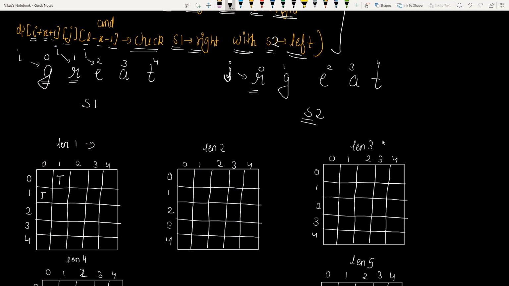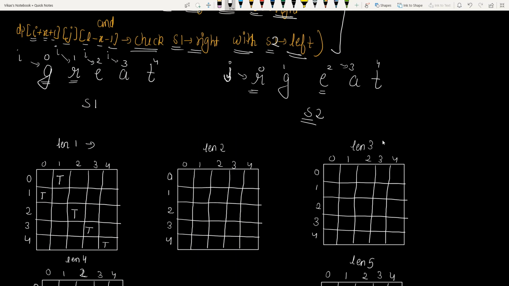Now i points to 2, so the character at i equals to 2 is E. It is also E at j equals to 2, so i 2, j 2 is true for length equals to 1. Now we check i 3, and j is also 3, then i 4 and j 4. So these are our base values, or we can say these values we know.